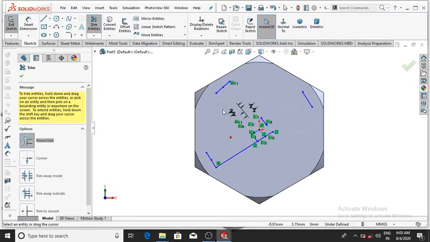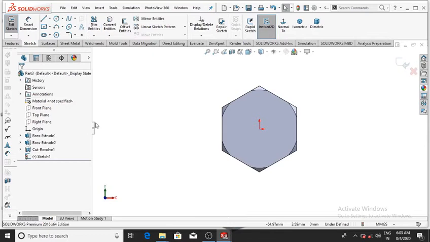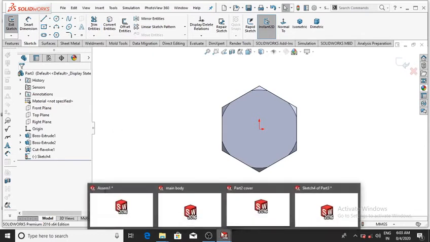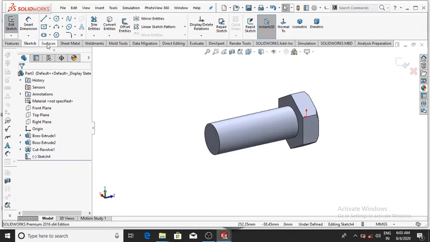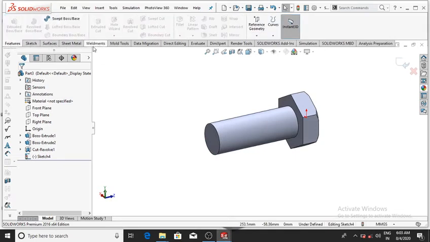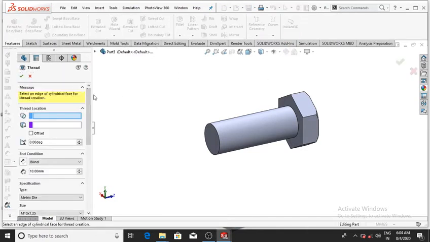Untrim this part, so we will later apply this and make it untrim, and now OK. Now we make the thread on this face. So go to the thread, go to the feature. Now exit the sketch and select the thread and select this thread location